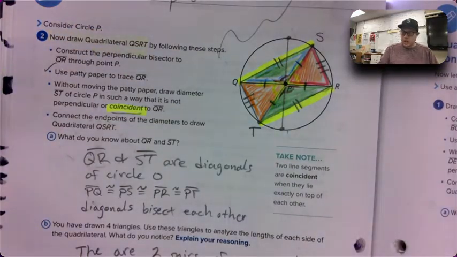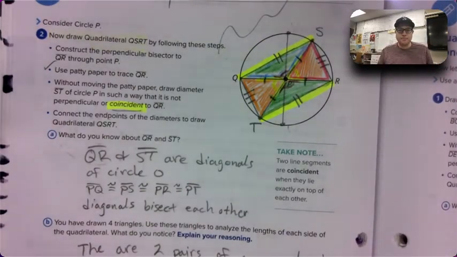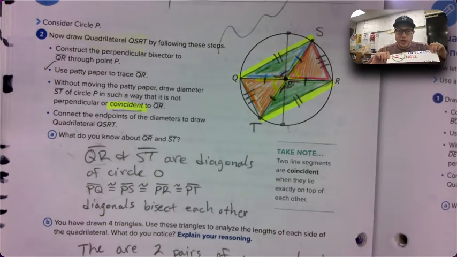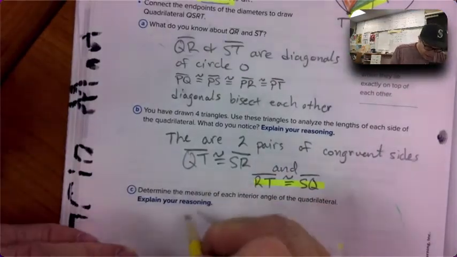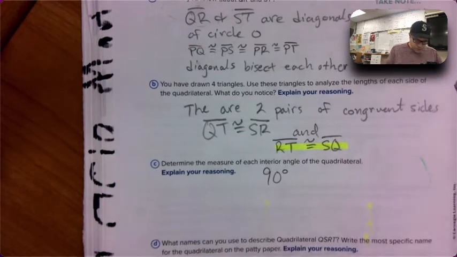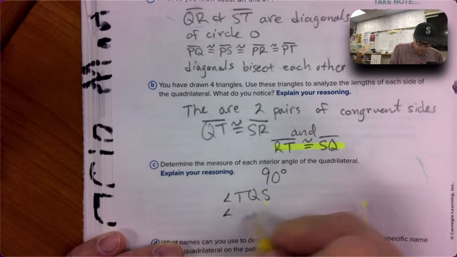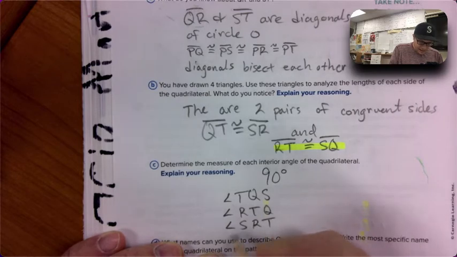Turns out all of those angles are 90 degrees, because the corner of a piece of paper fits perfectly into that. I mean, the real reason is because of this. You're making inscribed angles on a diameter, which is 180 degrees, and half of 180 is 90 degrees. But that's from the previous lesson. Go watch those videos. The inscribed angle guarantees that the measure of each interior angle of the quadrilateral is 90. We should name them, though. So that's angle TQS, angle RTQ, angle SRT,